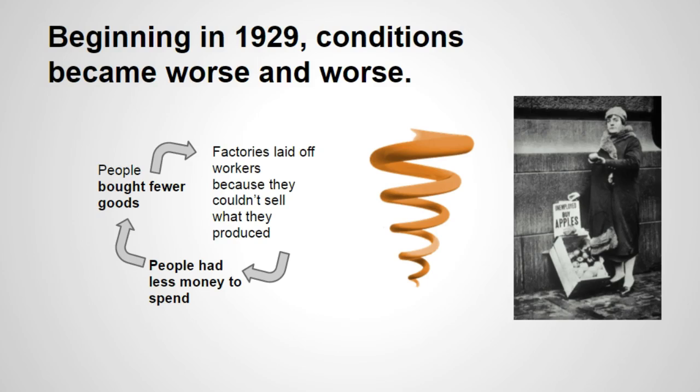Factories laid off workers because they couldn't sell the stuff they produced. As a result, people had less money to spend, they bought fewer goods, and factories laid off even more workers. These workers had even less money, they bought even less, so factories laid off even more workers. This whole process was a downward spiral, leaving many people with no money and no choice but to sell apples